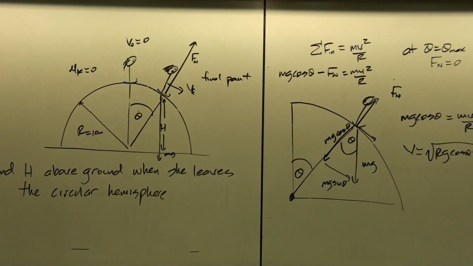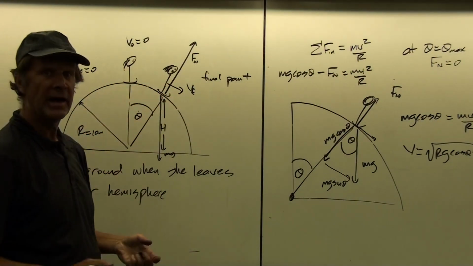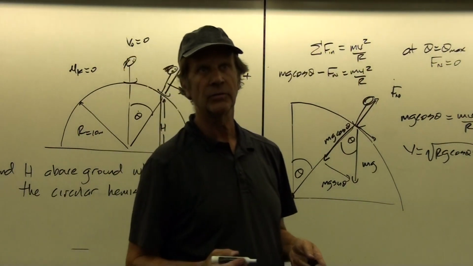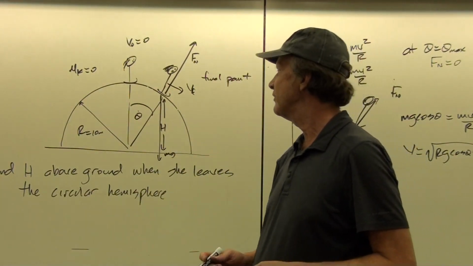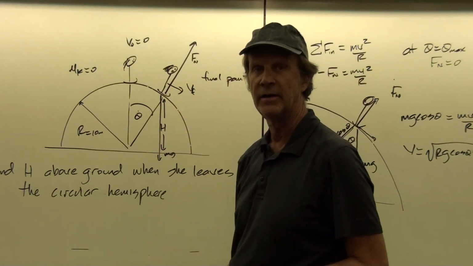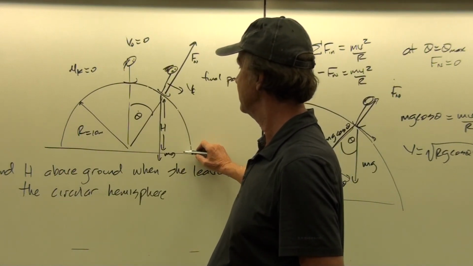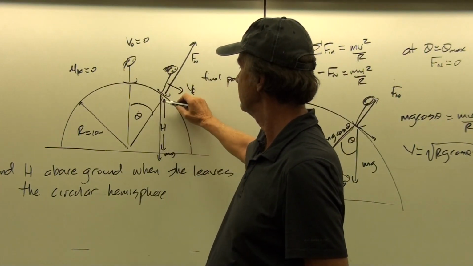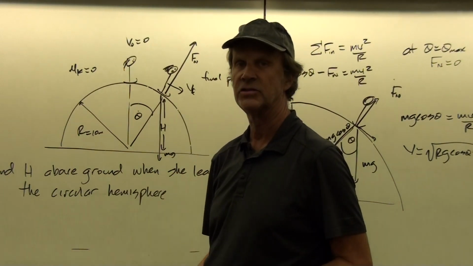Now we can write our conservation of energy equation. I have told you in the past to choose the bottom point in the path as your zero reference position for potential energy. However, in this case, that's what we're solving for. That's our unknown, so you don't know where to put that yet. And so I'm going to put it on the ground because that's also in reference to what's asked for in the problem, the height above the ground when she